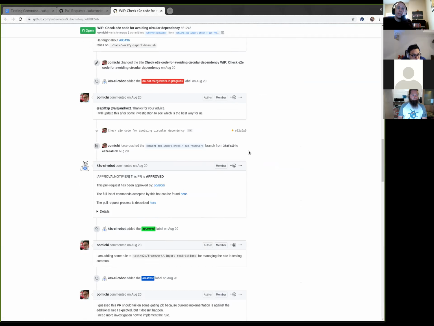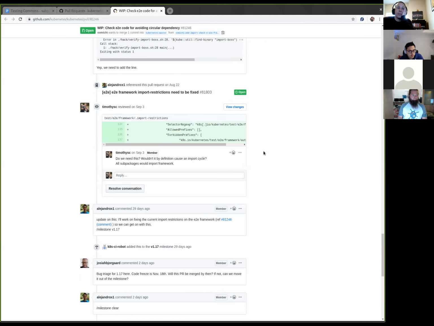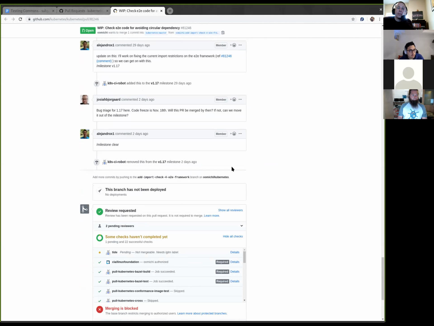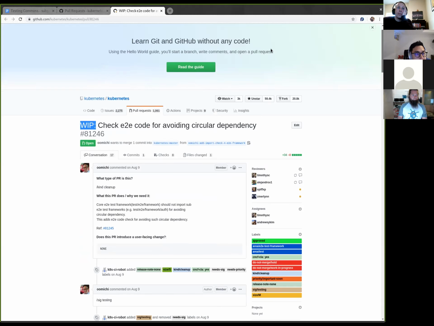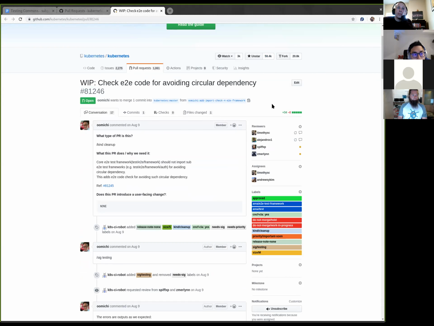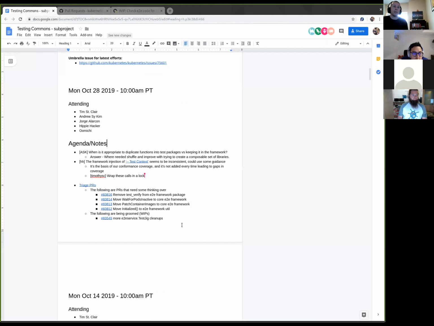Some time ago we added an import restrictions file into the end-to-end test framework, and it turns out the import restrictions are not actually turned on. So currently it's not going to work if we just start using it. We have to go back and fix it and then turn it on. And this one is blocked on that work. So why don't we update the notes?